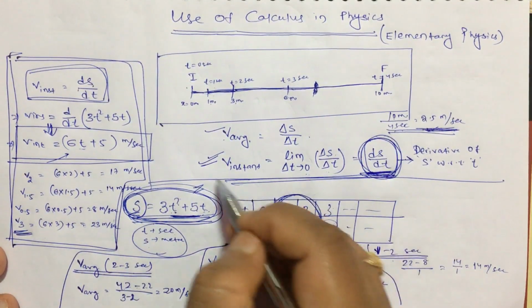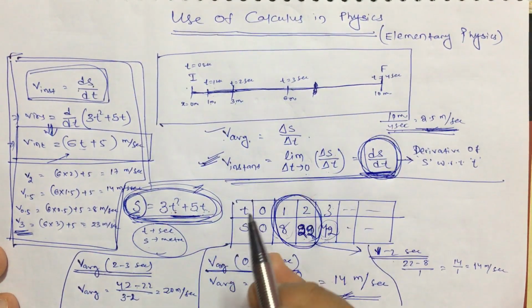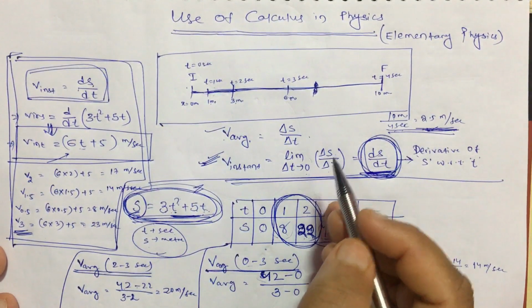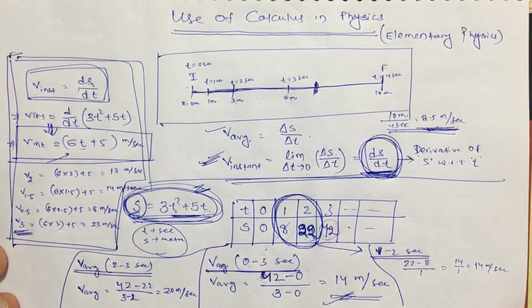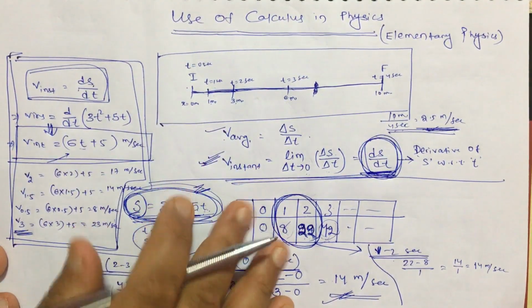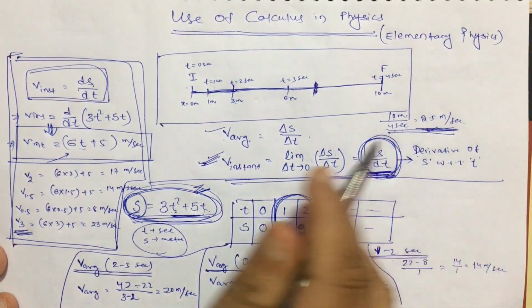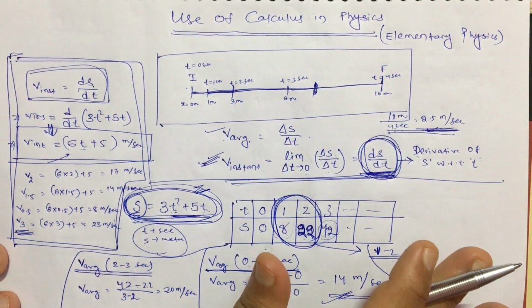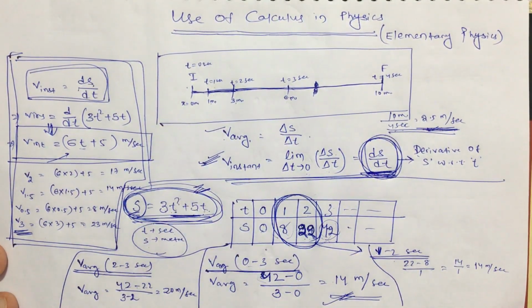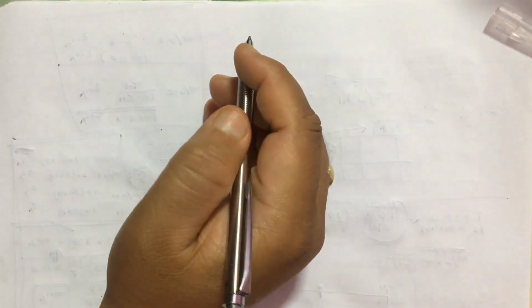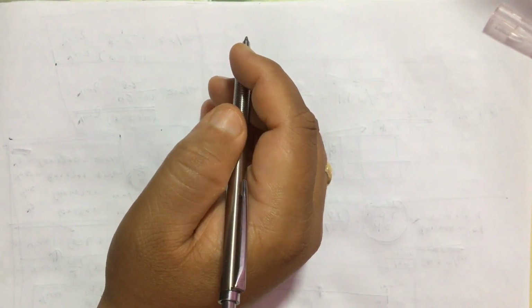This formula is although valid everywhere, we cannot find this answer every time until you find this type of equation. Now, this is only an example, this is not the only formula where you have to use the derivative. There are infinite number of formulas where you can use the derivative. Now let us come to the formulas of derivative. Before going to the formulas of derivative, let me tell you one more point.